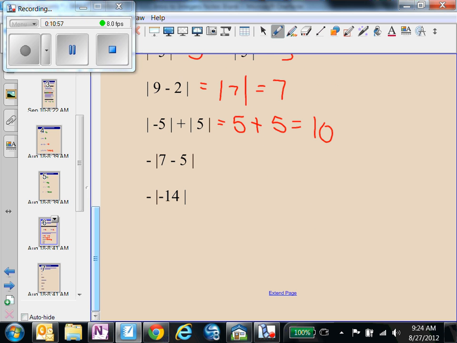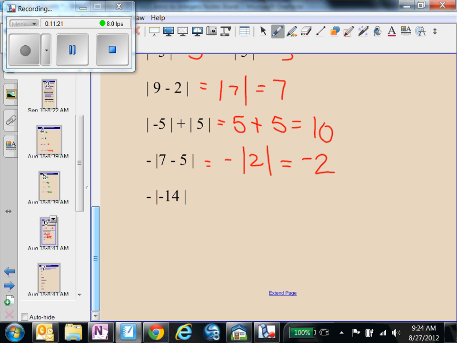So now we have the opposite of the absolute value of 7 minus 5. So we want to do what's inside of our absolute value first. So what's 7 minus 5? Okay, so we keep our notation, the opposite of the absolute value of 2. Now we take the absolute value next. What's the absolute value? It's 2. So the opposite of 2 is